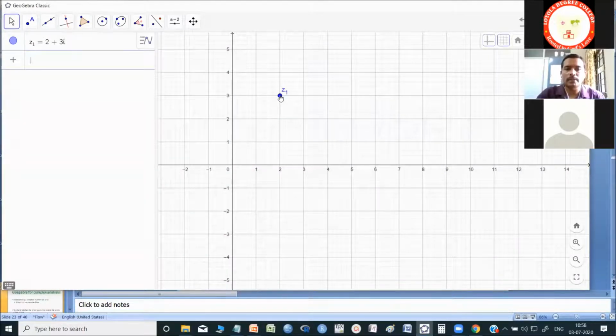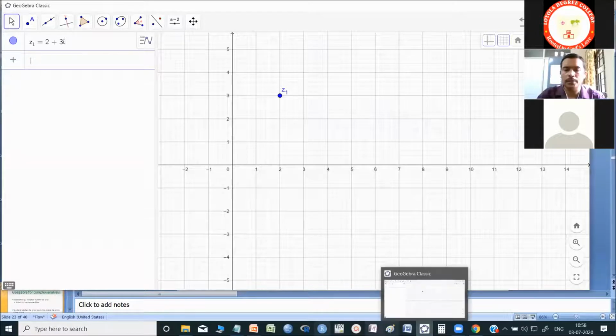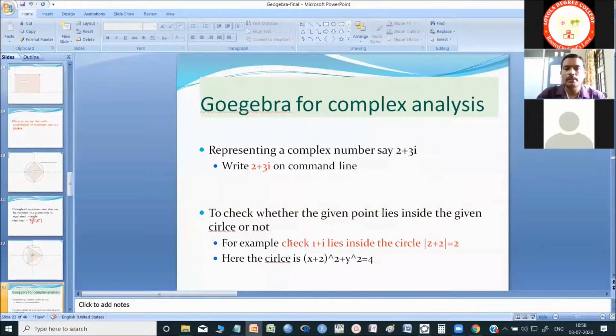I'm going to draw the circle, but here a little bit of caution is required. If I'm taking the circle mod z plus 2 equal to 2, I have to make it into an equation. It is the equation of a circle, where x plus 2 whole square plus y square equal to 4. That means z is x plus iy, and mod of z plus 2 means square root of x plus 2 whole square plus y square, where the radius is 2, so 2 square is 4.